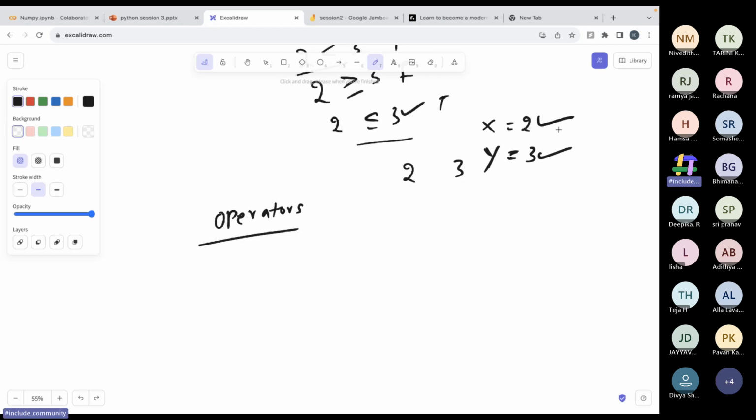So operators are nothing but they are used to perform operations on variables or values. So these are 2 variables, and we want to perform operations on these things. So we can use operators to perform operations on these data types, on these variables. So we have different operators in Python. So the first one will be